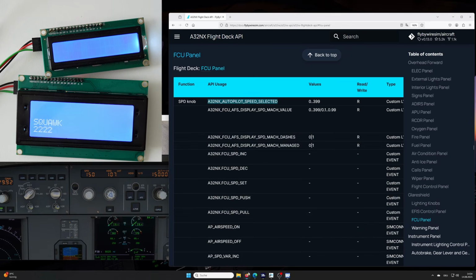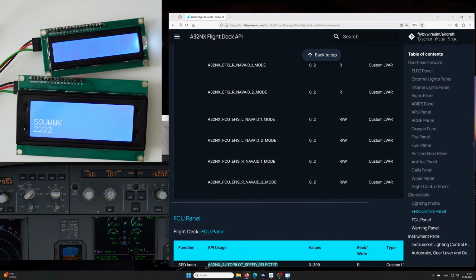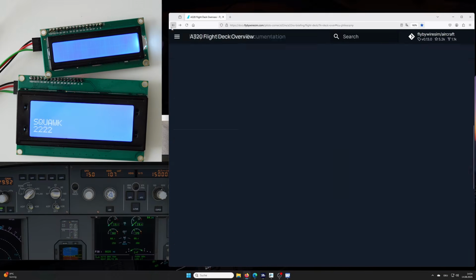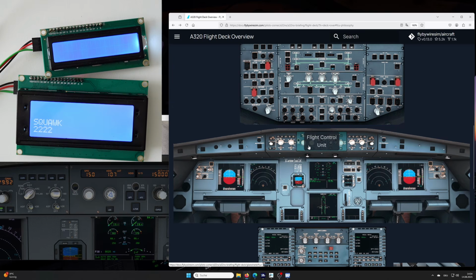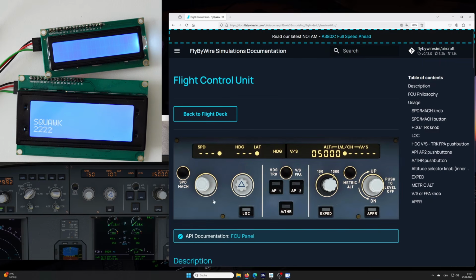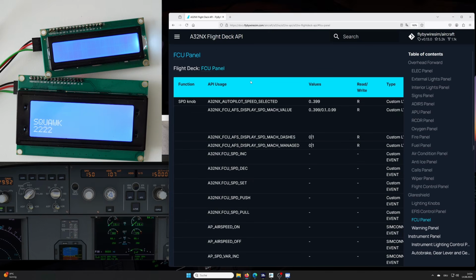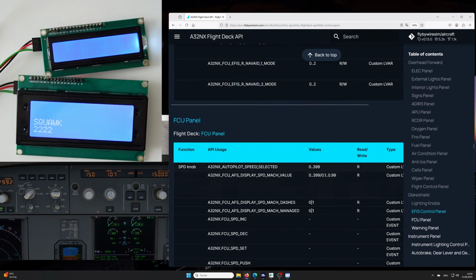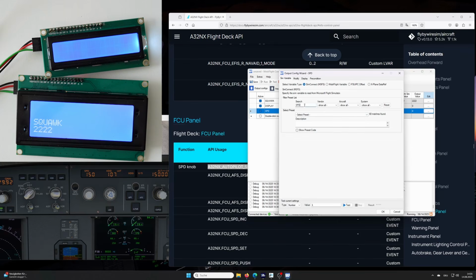And for this, it's very useful to have a look on the documentation page on the fly-by-wire A320 on the Flight Control Unit tab. You can open up the API documentation, and in there are the several parameters we can capture. Like here you can see the speed knob, autopilot speed selected, value from 0 to 399. That looks really nice. Let's copy this one, go back to MobiFlight, paste it over here, and